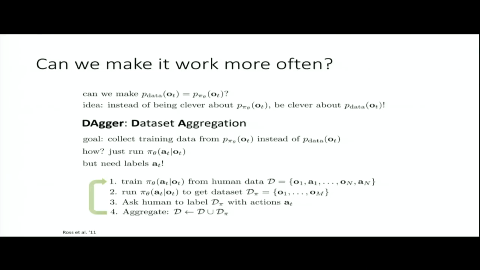And as you keep doing this, eventually more and more of your data set d contains on-policy data, contains data from p pi, and the algorithm can actually be shown to converge and have bounded regret. So you will eventually get a policy that does a good job of mimicking the expert at the observations that the policy actually sees rather than merely the observations that the expert showed you. So in particular, the guarantee that you get from this algorithm is that your error against the expert at the observations from p pi will be bounded.